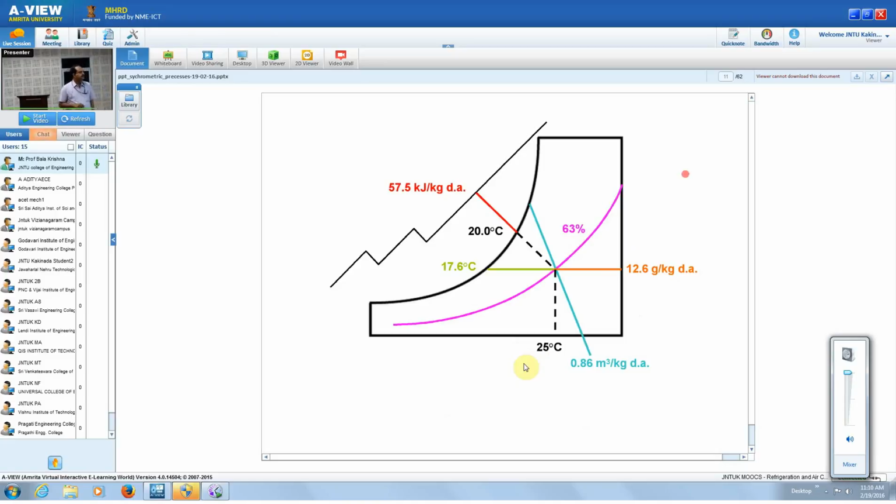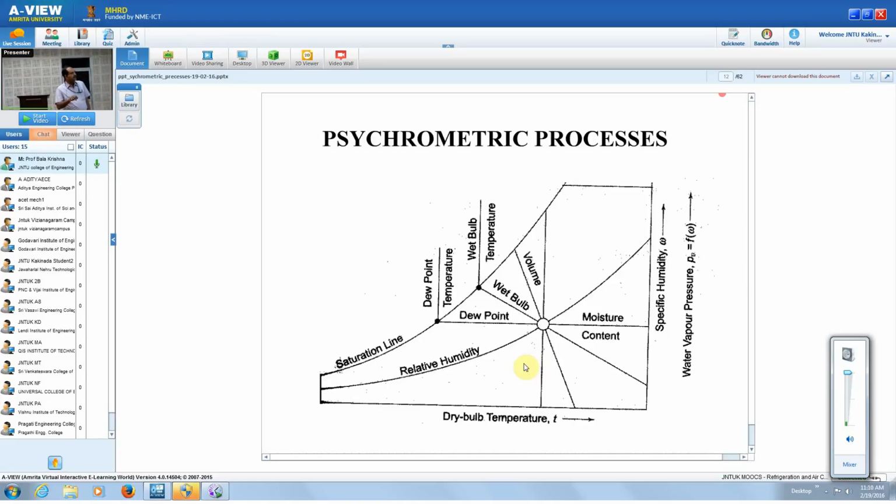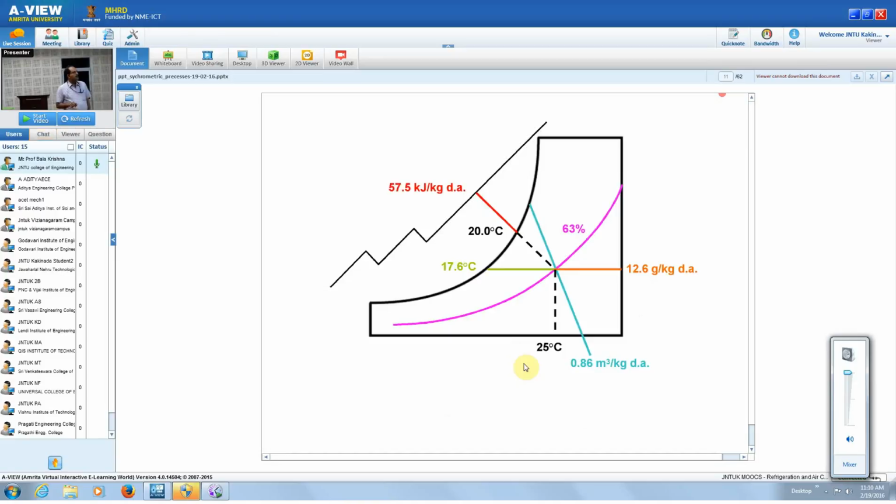Next. And then the specific volume also is given. Please go back. Yeah, this is the specific volume. It is also not very visible. 0.86 per kg of dry air. So we have the next previous question,